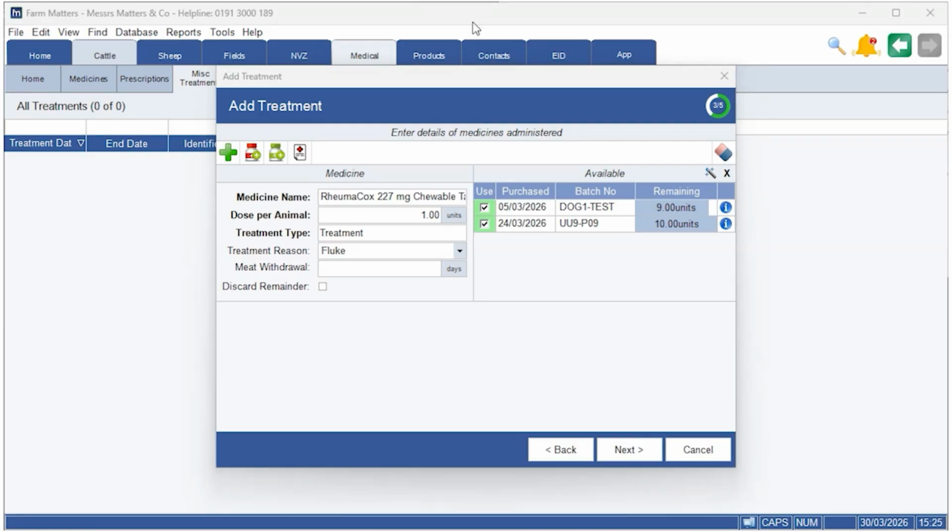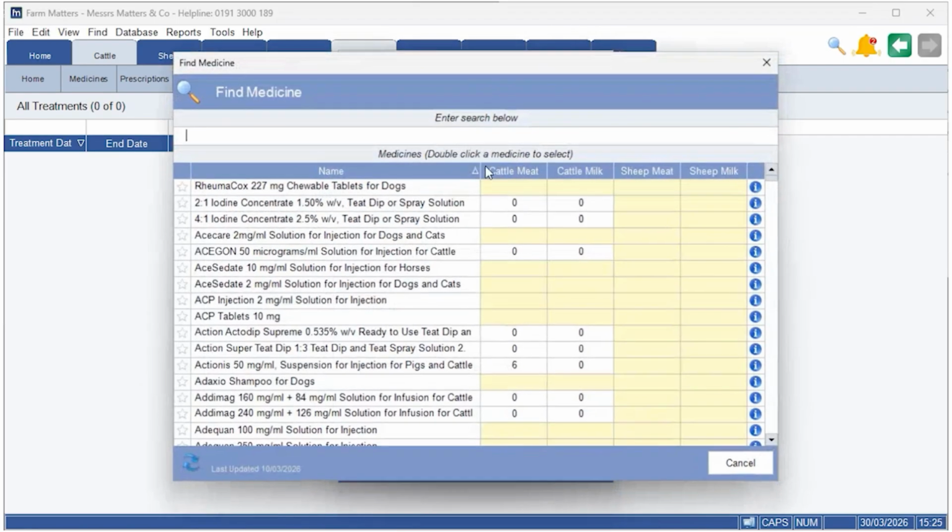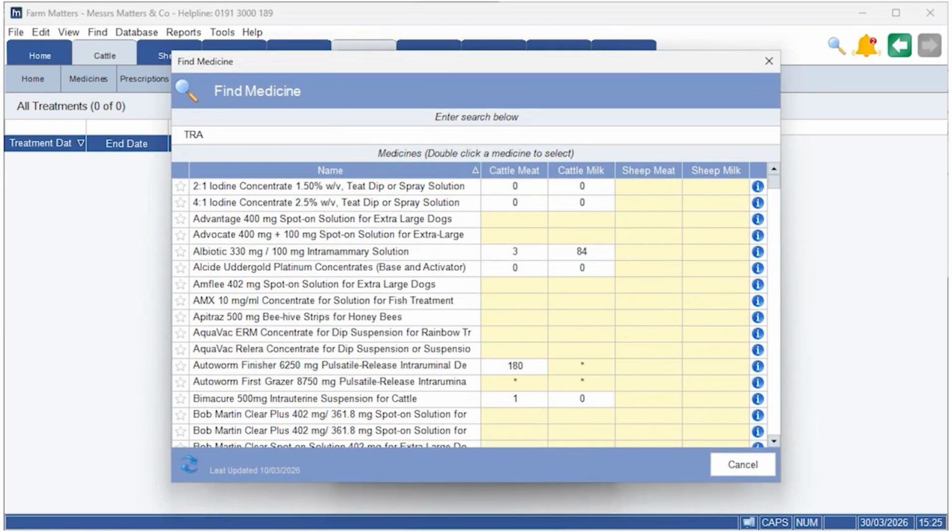If you need to purchase a medicine or a supplement, you can do this by using the icons here. Red is for a medicine and green is for a supplement. And you would do this in exactly the same way that you would normally do this when purchasing a medicine or a supplement. So if we choose a medicine on this example, and we will choose Tramadol,